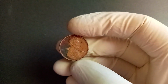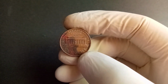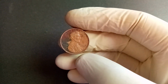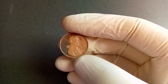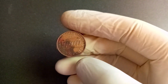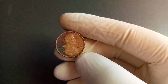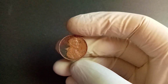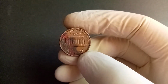Now let's discuss the design. The obverse or front of the 1981 penny features the familiar portrait of Abraham Lincoln facing right, with the words "In God We Trust" above his head, Liberty on the left, and the year 1981 on the right. If there is no mint mark below the year, then the coin was struck in Philadelphia. The reverse side displays the Lincoln Memorial, with the words United States of America above, E pluribus unum centered just under the roof, and the denomination 1 cent at the bottom. While this design may look standard, what hides in the details is what makes this particular penny so special to